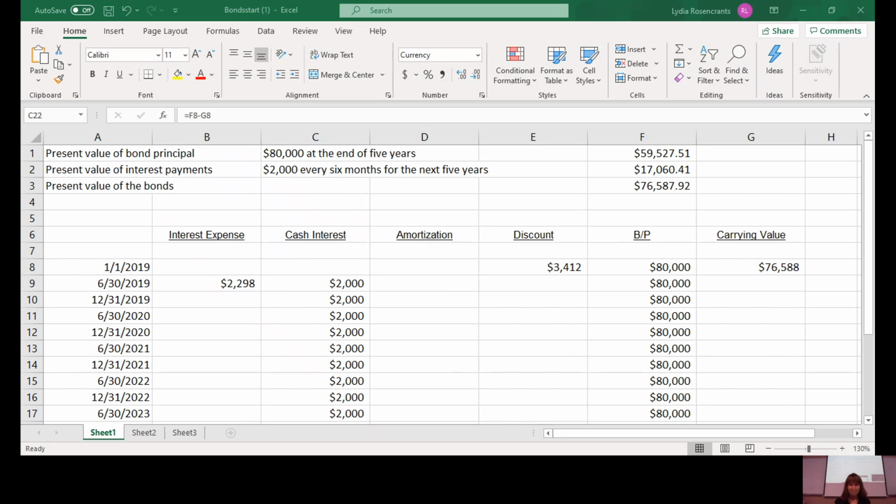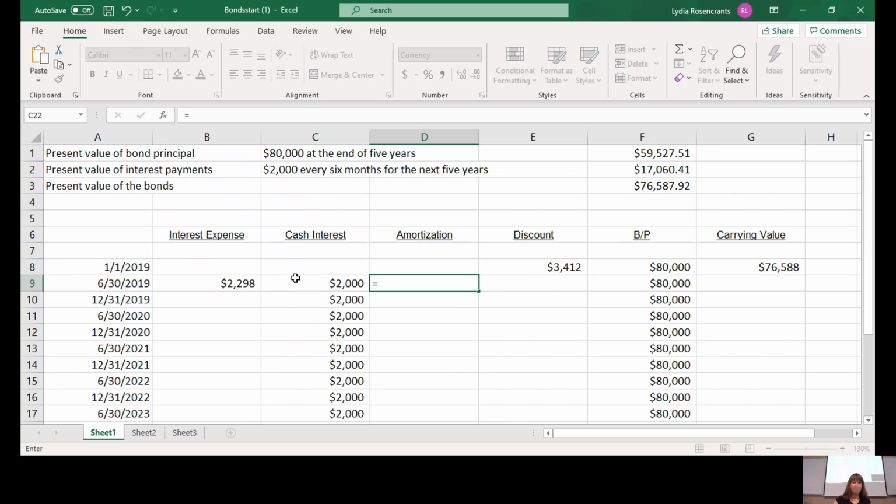The amortization of this discount right here. It is the difference between the interest expense and the cash interest. So the amortization of the discount each period is the difference between the interest expense and the cash interest, B9 minus C9,